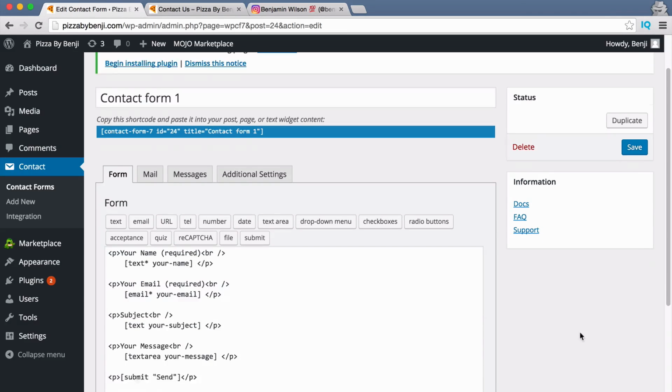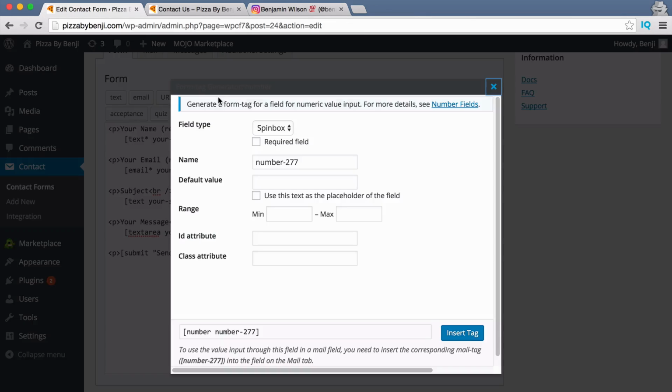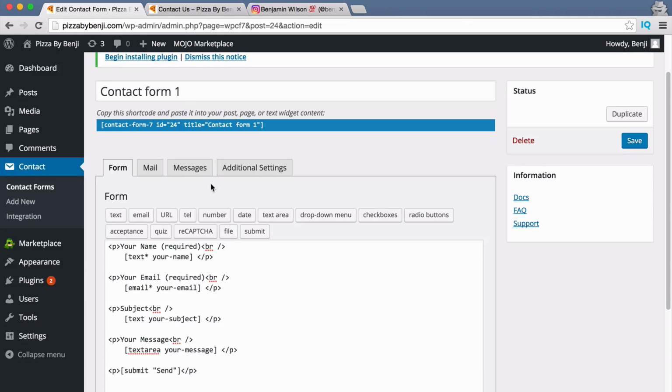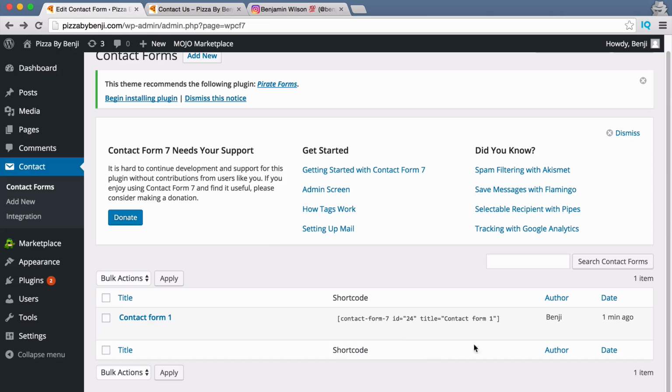You push edit. And in here you can edit what sort of boxes and what sort of questions you're asking someone. You can simply just tick these boxes up here. So if you want a number, you can enter these and add your own custom sections. I'm going to use the default setting because it's pretty good right now. And what you need to do is copy this shortcode,